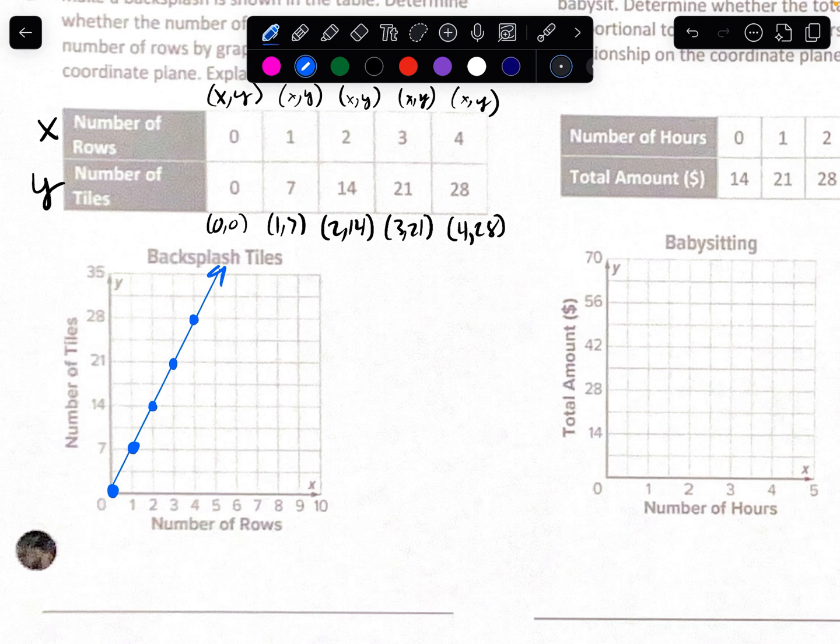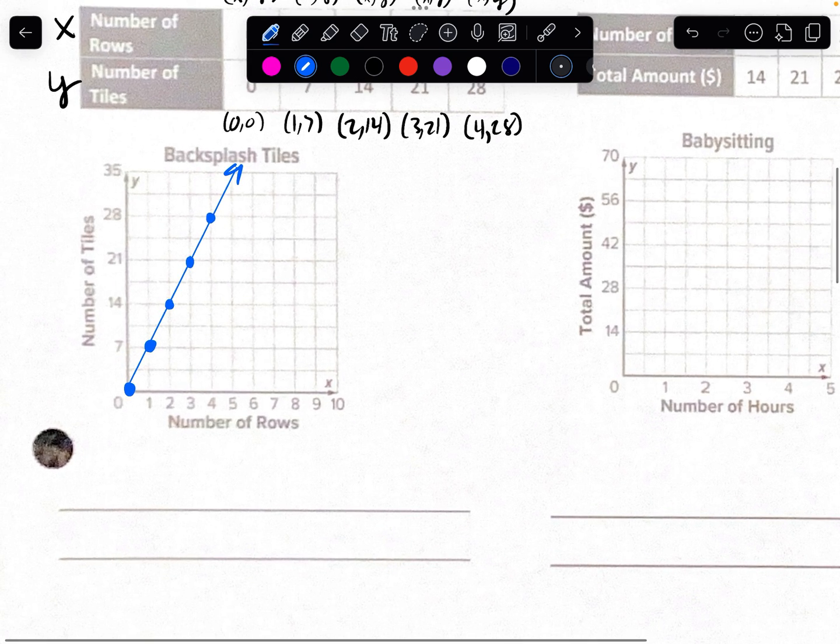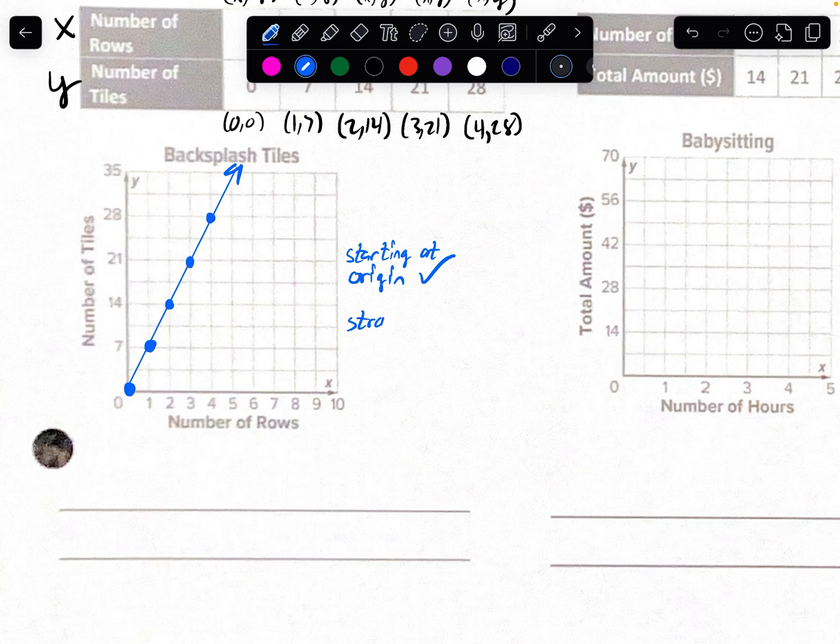Okay, so by looking at the graph, am I starting at the origin? Yes, I am. So what we're looking for is to make sure it is proportional. We need it to start at the origin and be a straight line. So do we have a straight line? Yes, we do. So we're going to write yes, proportional,